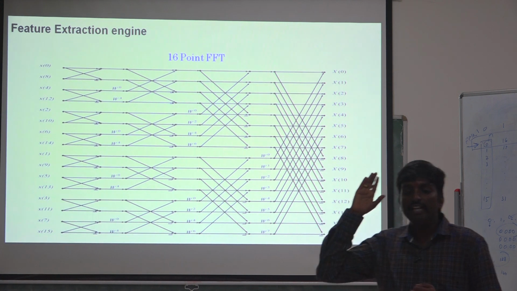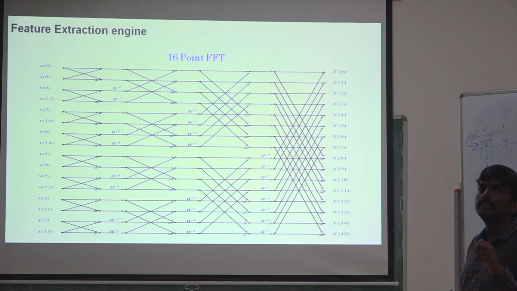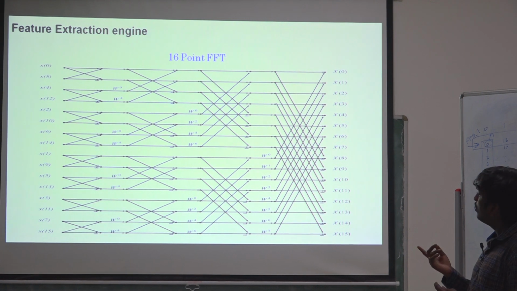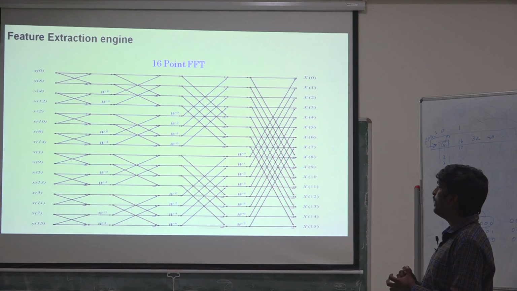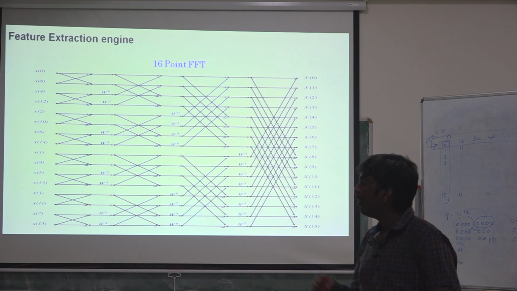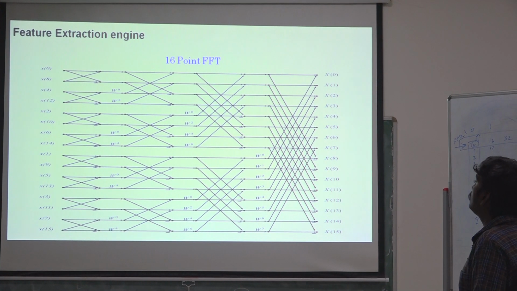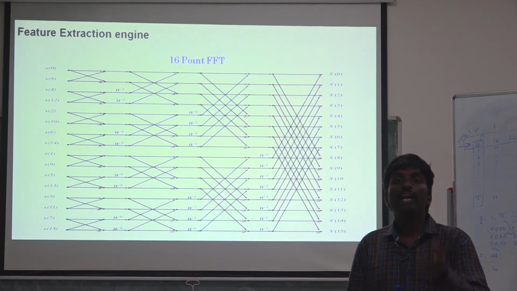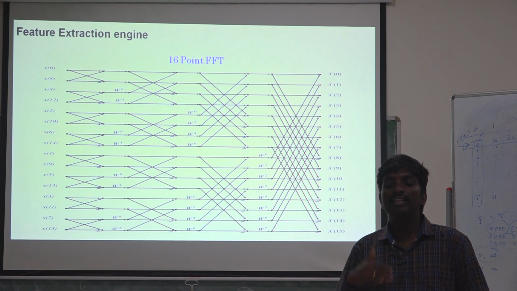It means we can easily observe that in each and every butterfly we have 2 multipliers and 2 adders. So in the first stage we have n multipliers, sorry, it's not 2n multipliers, it's n multipliers and 2n adders. If we observe the last stage also, again it's the same, n multipliers with 2n adders. So if we can avoid half of it, we can keep only n by 2 multipliers and n by 2 adders, which is sufficient for the last stage.